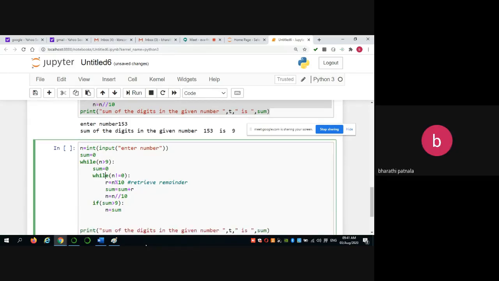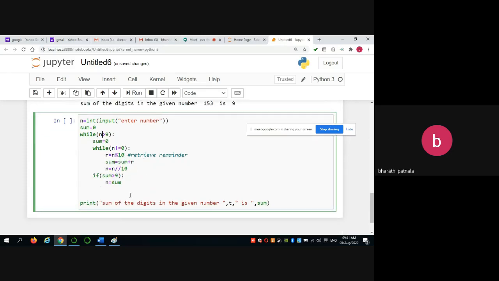So first I am taking the number 9 for assumption. 9 greater than 9? No, so no need to do any task. Sum of the digits of the given number is, you have to print, some n value for assumption.